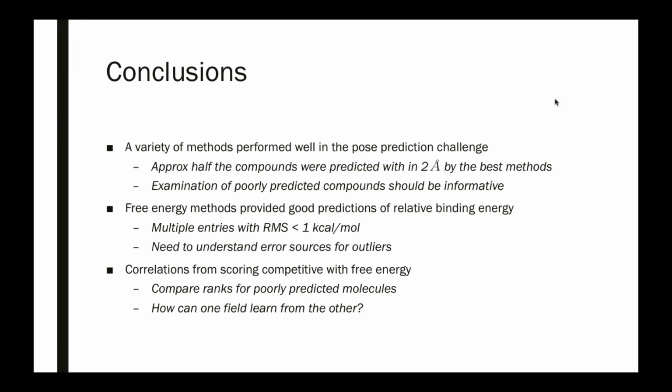It was really nice to see that for the free energy methods, there were multiple entries, 6 in one case, 8 in the other, that were predicting within a kcal and a half error, and a couple that predicted with errors less than a kcal. Again, there were outliers, so we need to dig in and try to understand the sources of the errors. Was this flexible molecules that weren't sampled? Were these force field errors? I'm sure that people will dig into this more.